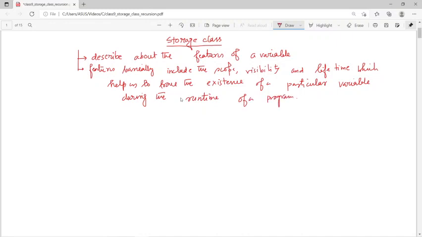That means basically the three things: one is the scope, one is the visibility, and